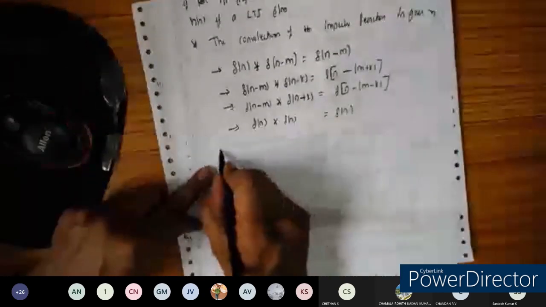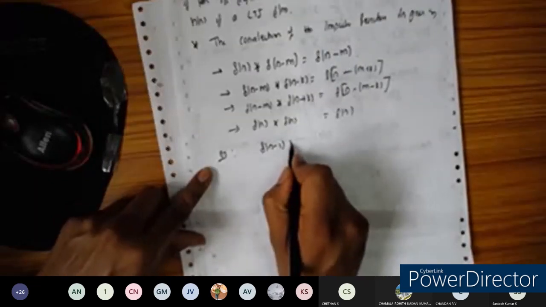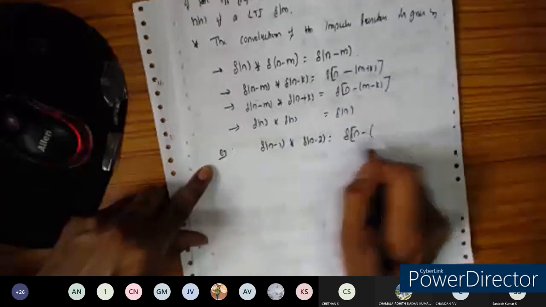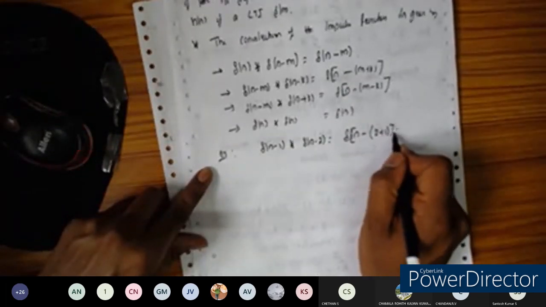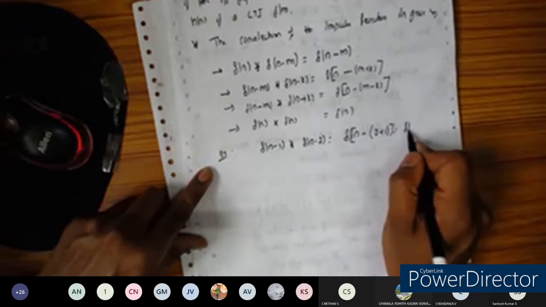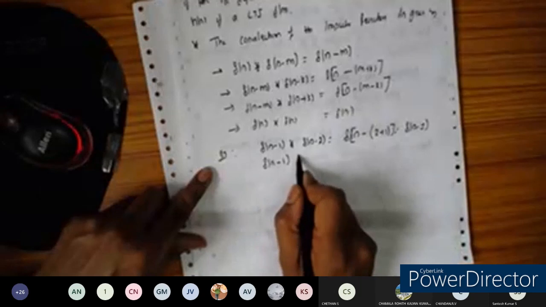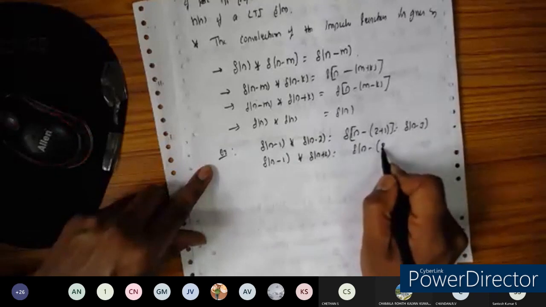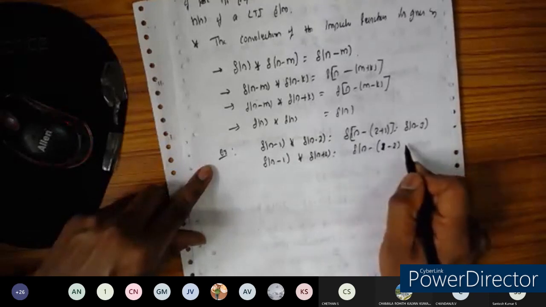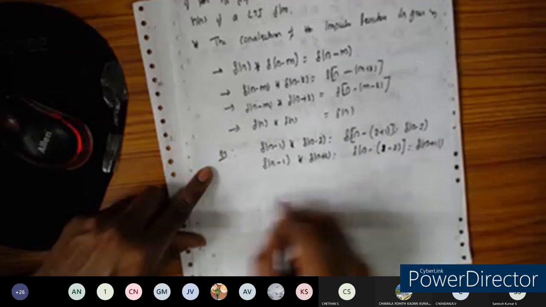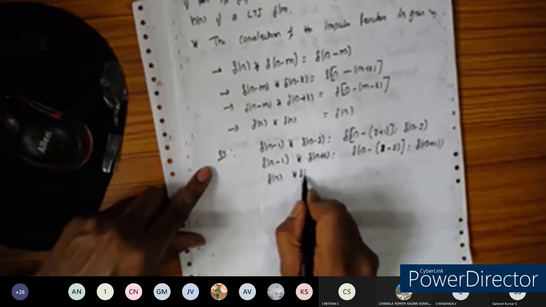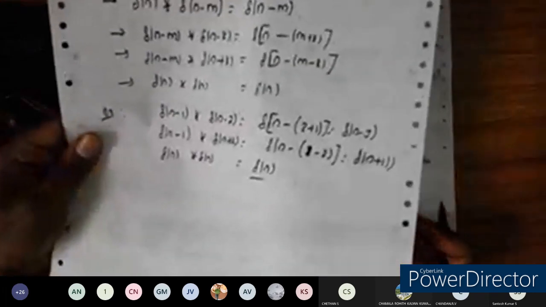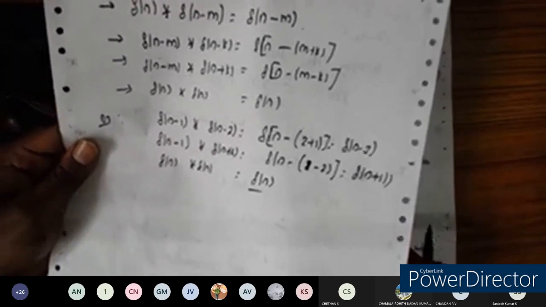So examples I'll write here. Delta of n minus 1 convolved with delta of n minus 2: if I take the minus common, 2 plus 1, this becomes delta of n minus 3. Similarly, delta of n minus 1 convolved with delta of n plus 2 becomes delta of n plus 1. Another one is delta of n convolved with delta of n, which becomes delta of n. So these are some examples we will take here, because this will be useful in order to find the